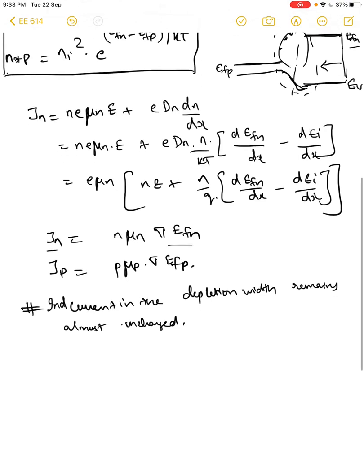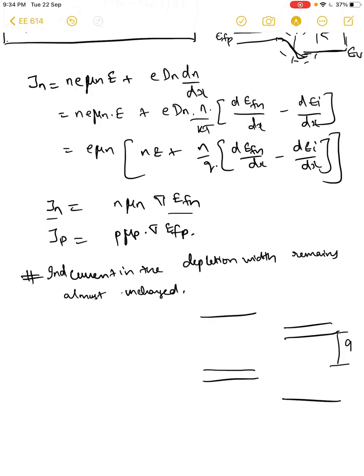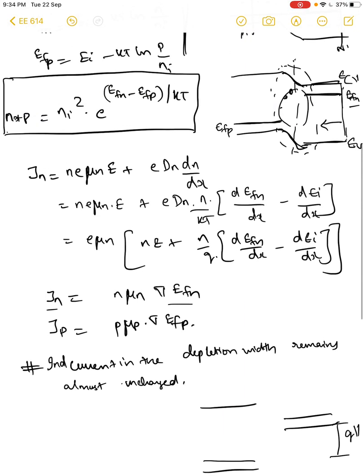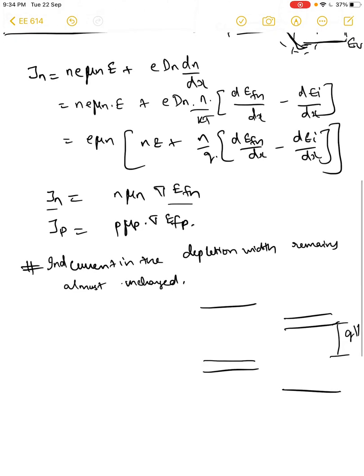So now let us draw the figures again. Let us say we have the n side, the p side and the n side, right? And you have the quasi Fermi level at the p side and quasi Fermi level at the n side, and the separation between the two is the applied voltage as we saw before, right? Which is true here. Initially it was aligned, and the separation is because of the potential that you have applied, right? This is EFP and this is EFN, right?